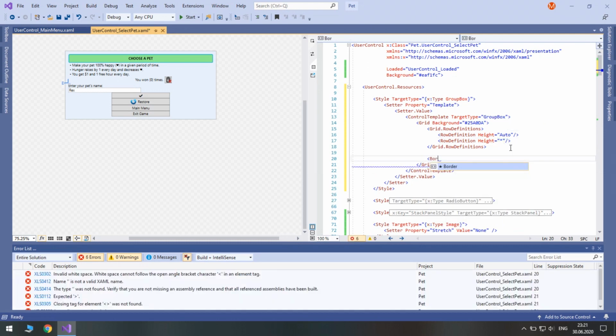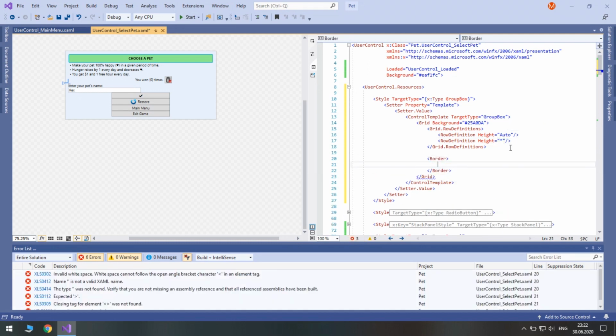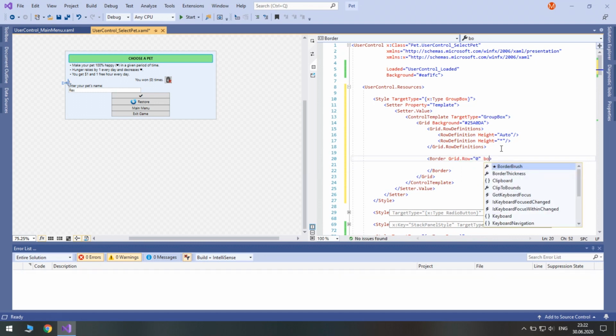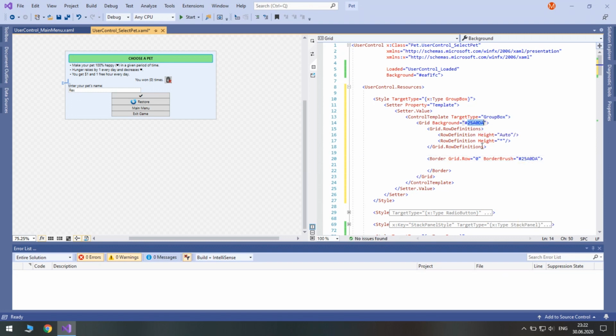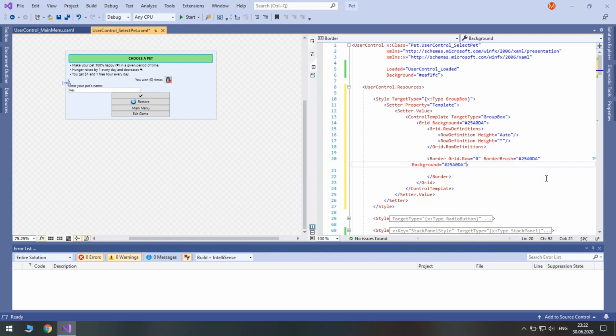The header is going to be a border. Place it in row 0. Let's add BorderBrush, hash 25A0DA. It's the same as here. Let's add the same background. Inside of it we will have a label.